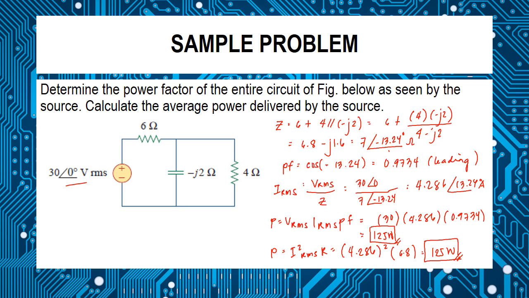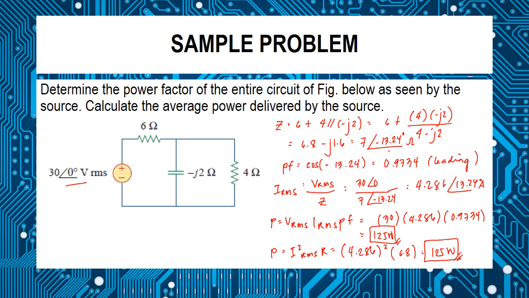Next, determine the power factor of the entire circuit of the figure below as seen by the source. So calculate the average power delivered by the source. So we can compute the total impedance first. If we compute the total impedance, we have 4 in parallel with negative j2, and then in series